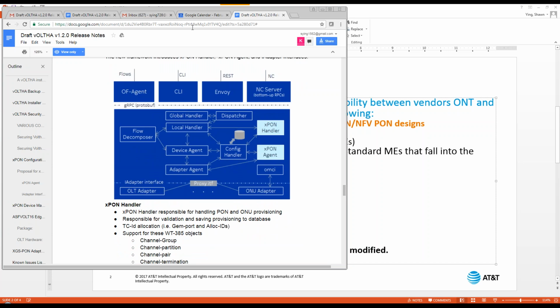Hey, good morning. So we have, let me see who is it. Yeah, we have a pretty good participation here. I have to say, even though I've been working on VOLTHA for a while,